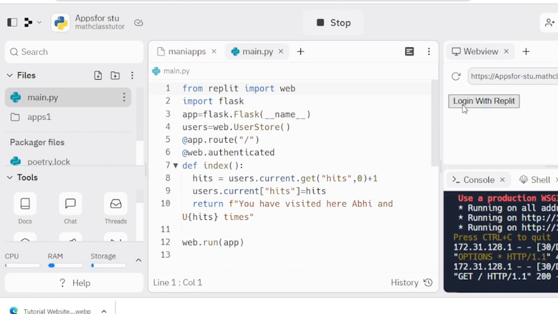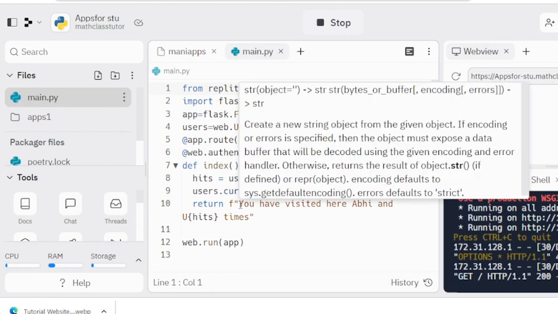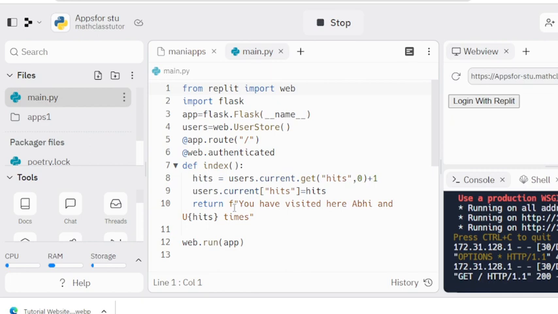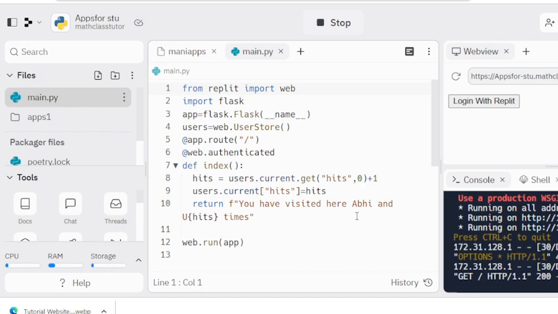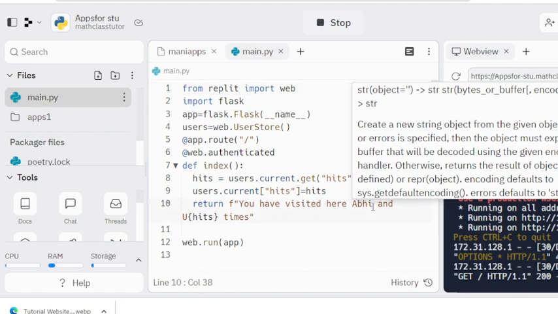authenticated, like you need either login, and def index its users current dot get it 0 plus 1, user dot current its, and return f formatted, like double quotations, and you have visited here, like the name of this team. You can write any name, like just menu